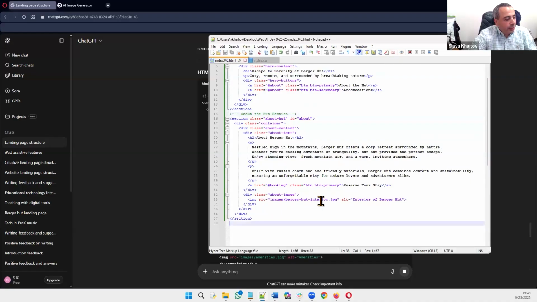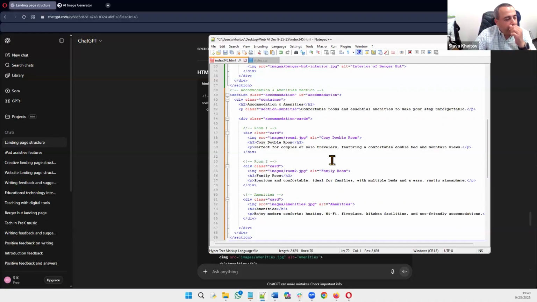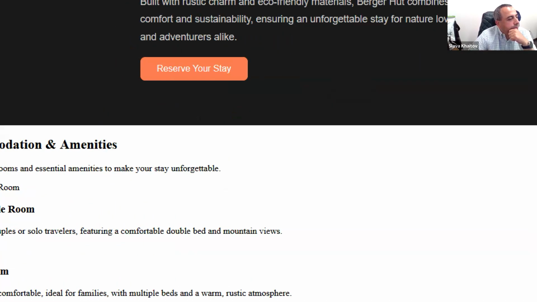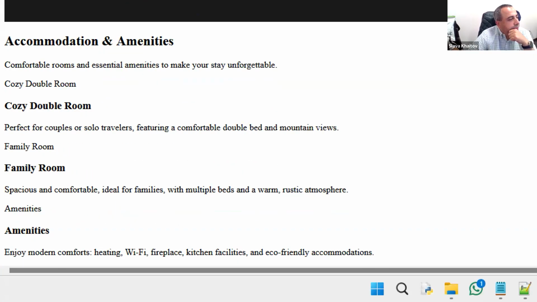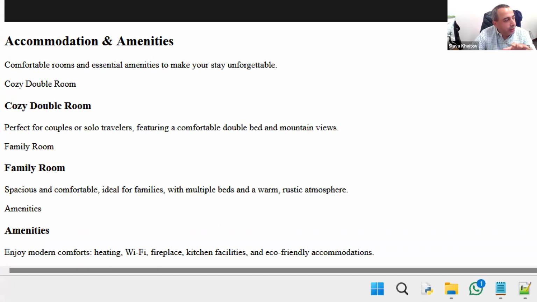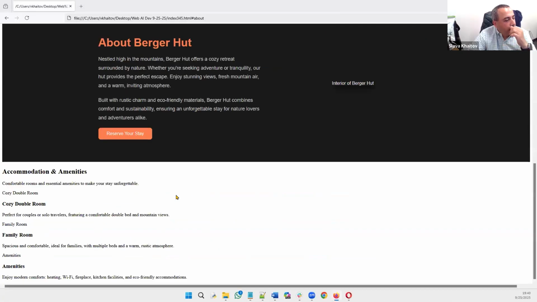Make sure I'm pasting it at the bottom of the existing HTML code, save it, test it, and here it is, accommodations and amenities. Looks nice, but everything is in plain text format right now. So back to ChatGPT,